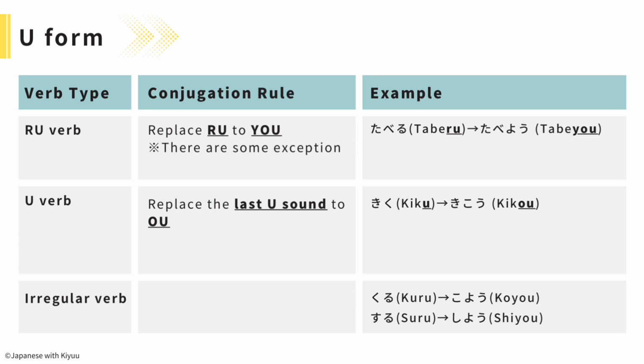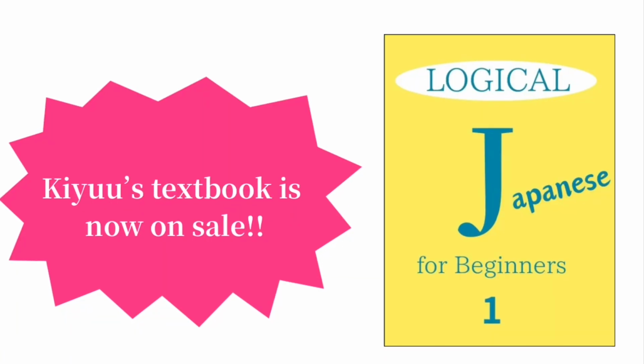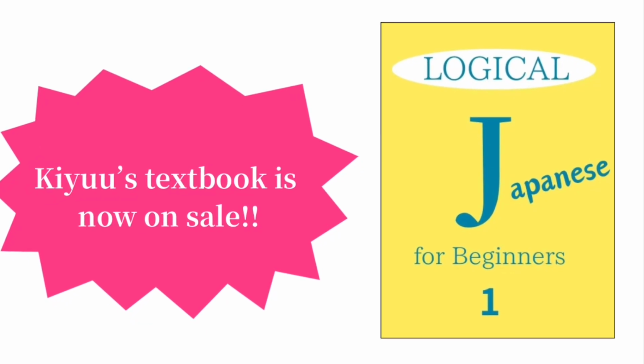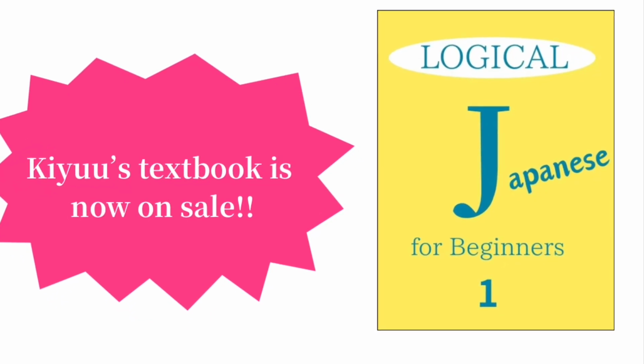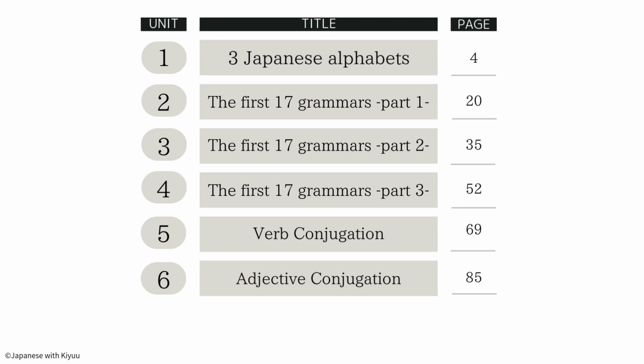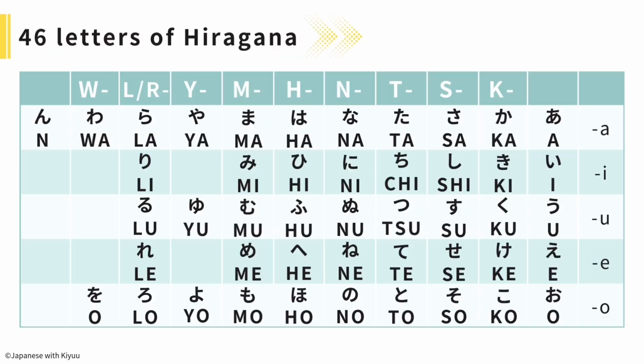Volitional form: る verb, replace る to よう. For example, 食べる is 食べよう。う verb, replace the last u sound to o. For example, 聞く is 聞こう。Irregular verb, 来る is 来よう。する is しよう。